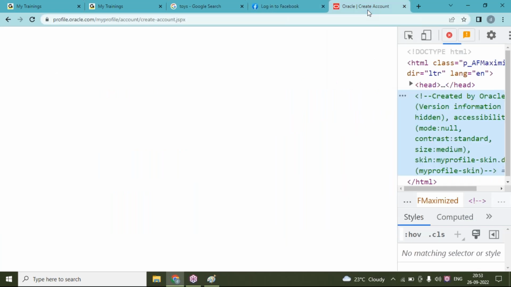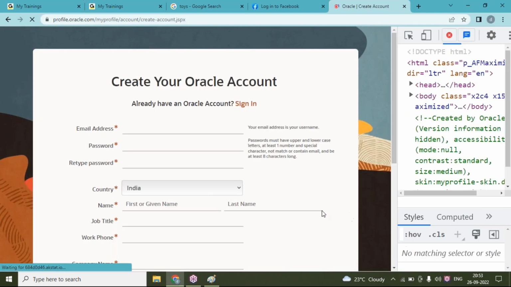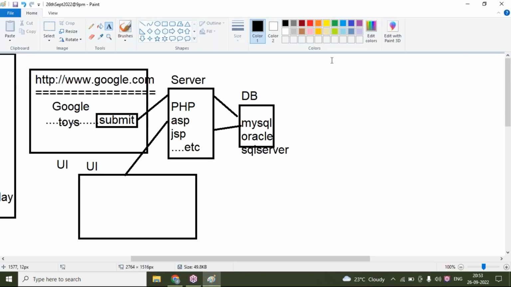Here we are writing the HTML tag, head tag and body tag. We can write it like this. Okay, this way generally we write our HTML tag, head tag and body tag. Okay, this is basic information of web UI. Now,